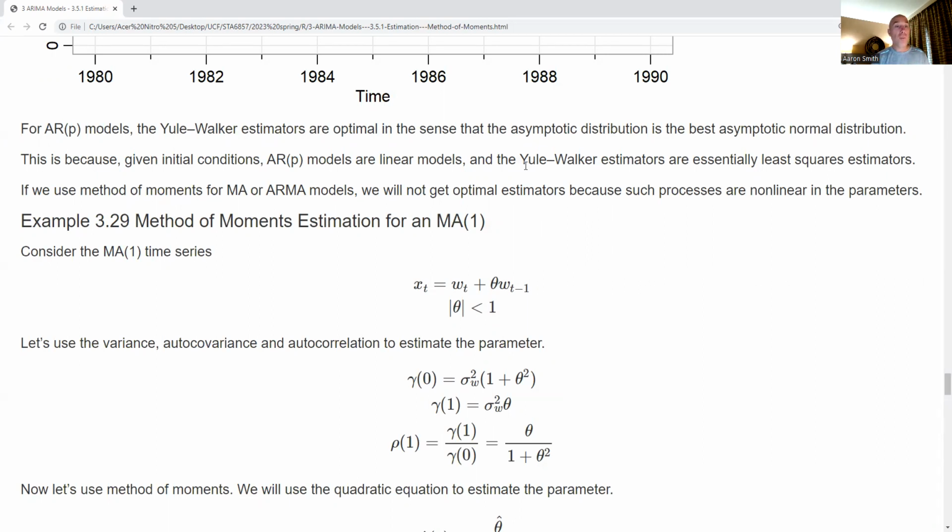our time series. If we use method of moments for moving average or autoregressive moving average models, we will not get optimal estimators because such processes are nonlinear with respect to their parameters. All right, so that's a lot of words. What we're saying is the Yule Walker estimators are really good for autoregressive models, but they're not as good for moving average or autoregressive moving average. Now,